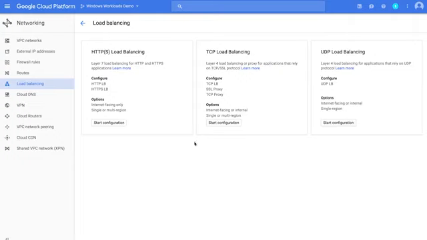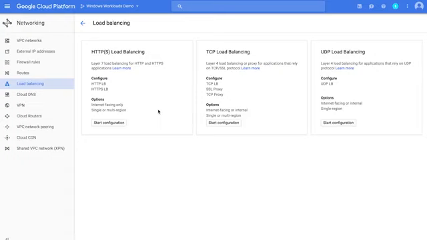Typically, for a web application, you'll make use of the HTTP/HTTPS option. Just one word of caution: if you're using Windows authentication with ASP.NET MVC, then at the time of this presentation, it doesn't work with the HTTP and HTTPS load balancer, and you should select the TCP load balancing option instead.